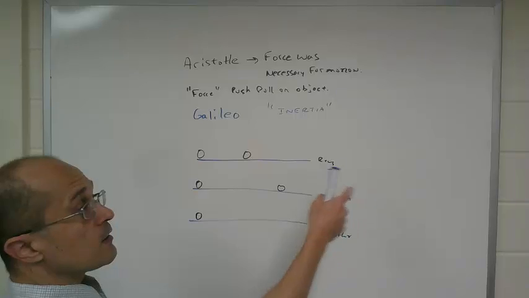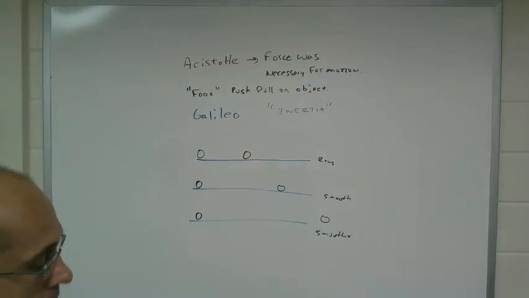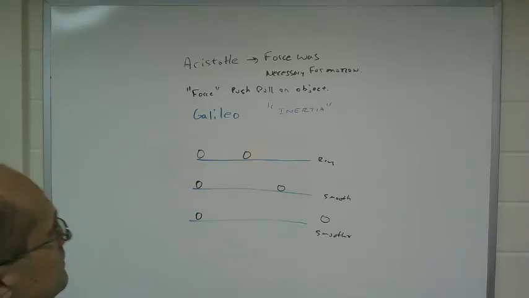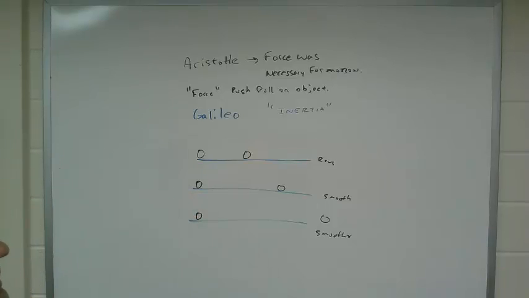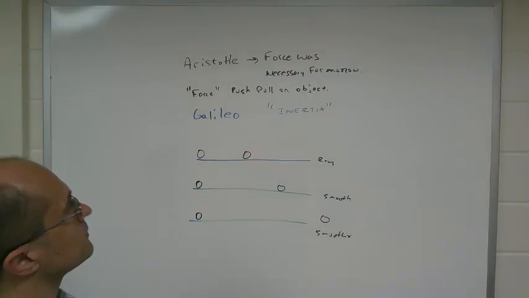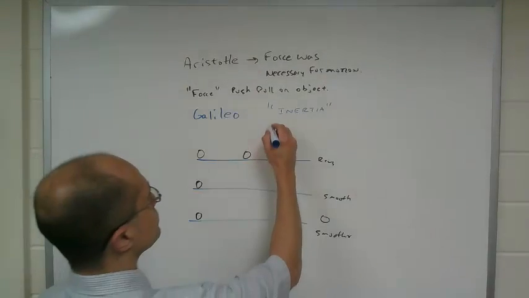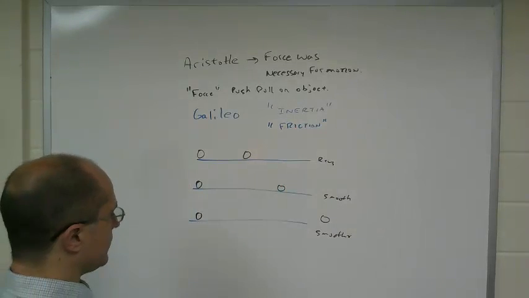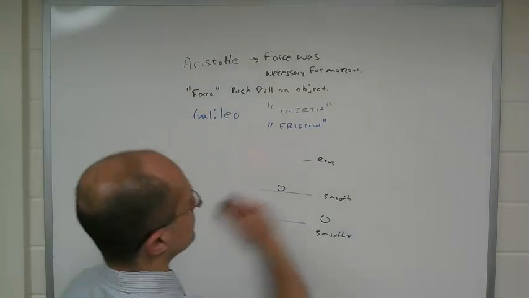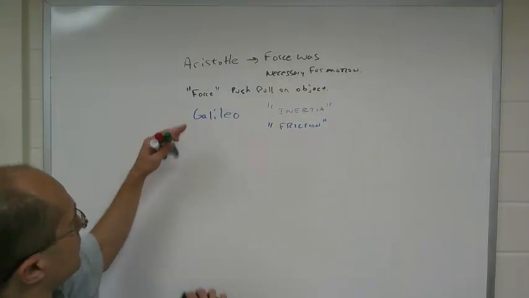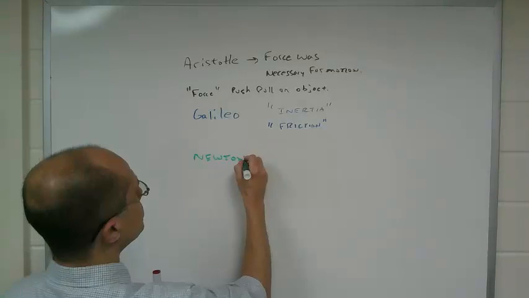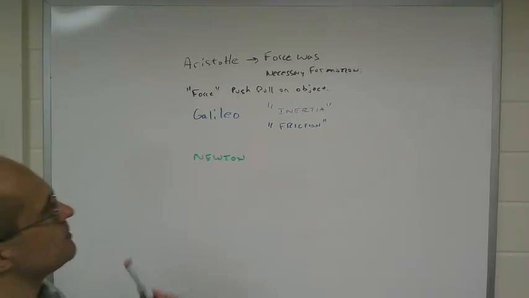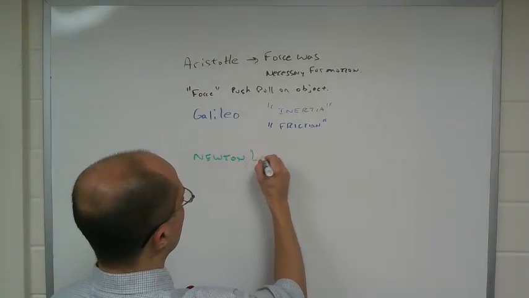If it was rolling along, it wants to continue rolling along unless something acts on it. If your object is sitting here, it wants to continue to sit there. And so Galileo's the one that actually adds the concept of inertia and friction to the mix. Now what Newton's going to do is take Galileo's ideas. So what happens is Galileo basically undoes Aristotle. Newton comes along and takes Galileo's concepts, but because he has a mathematical framework, Newton's laws, he comes up